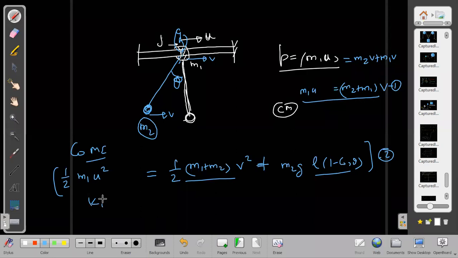This was the initial kinetic energy. This is the final kinetic energy plus the change in potential energy. Okay. Are you understanding this part or not? This equation is the conservation of mechanical energy equation. Why is it the conservation of mechanical energy equation? Change in potential energy I can write as UF minus UI. So UI I can bring to the other side. If I bring UI to the first side, then it will become UI plus KI is equal to KF plus UF. That is the conservation of mechanical energy.